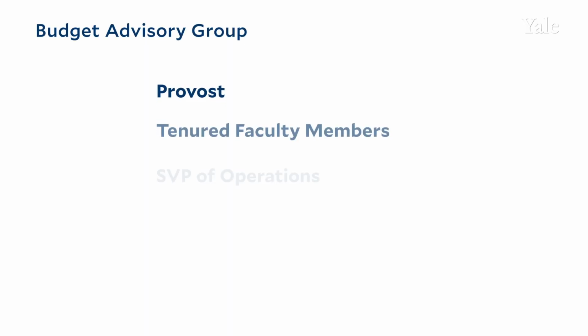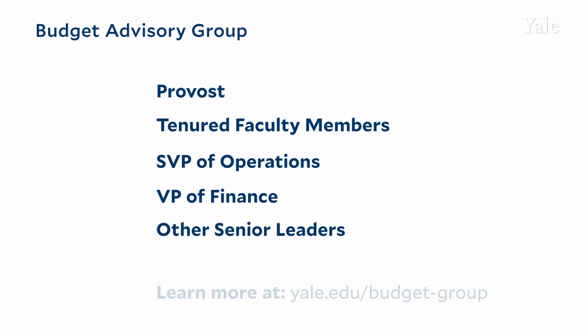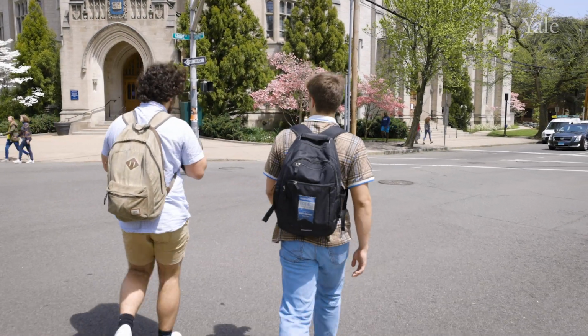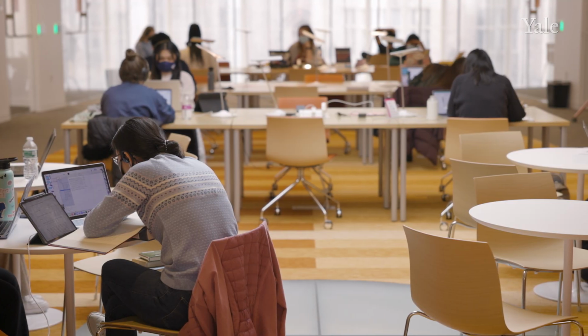Those are then brought back to what's called the Budget Advisory Group. The Budget Advisory Group is comprised of the provost, those in the provost office, senior administrative leadership in the Department of Finance and Operations, as well as several faculty that provide perspective and input to understand both the financial side as well as the academic side of all these budget requests. We work to create a budget which reflects our current needs, but also reflects the need to be financially responsible